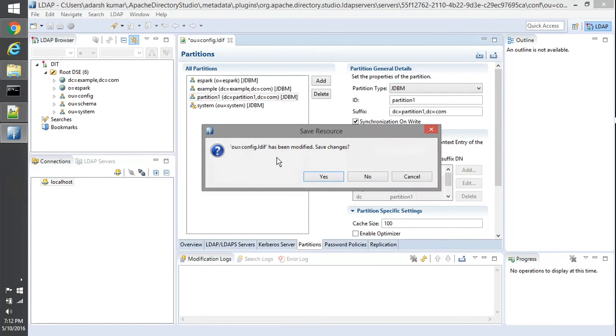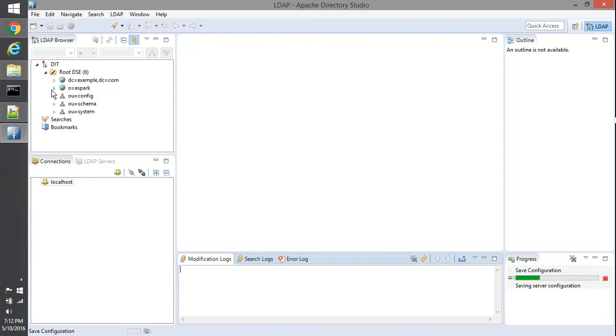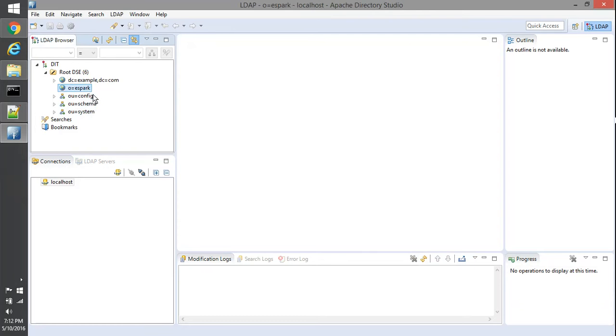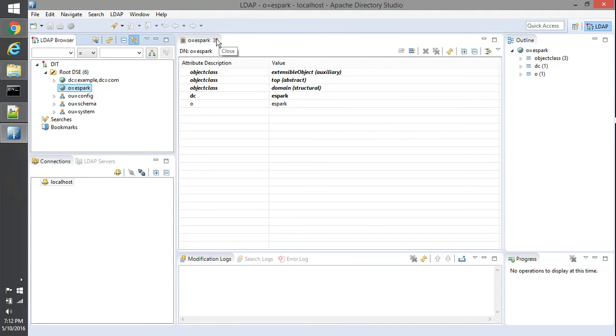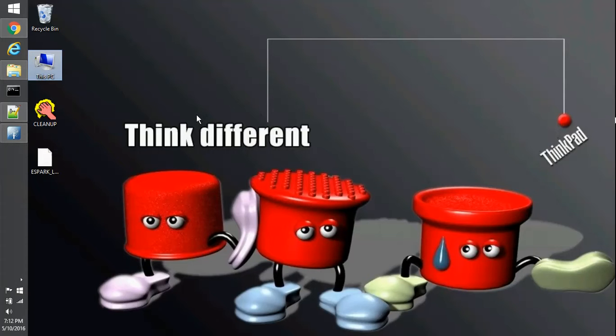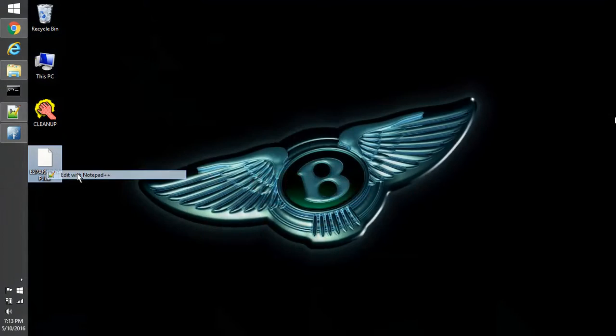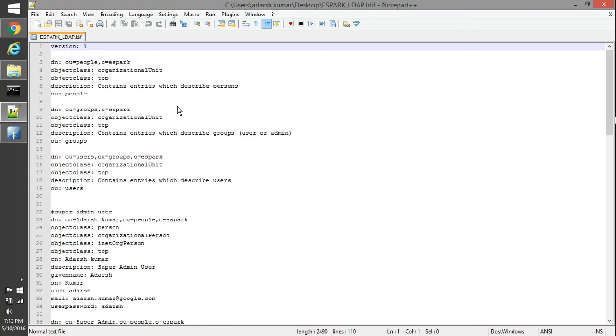Now I can see my partition here. I've already created an LDAP file where I'm creating two types of groups: people and groups.